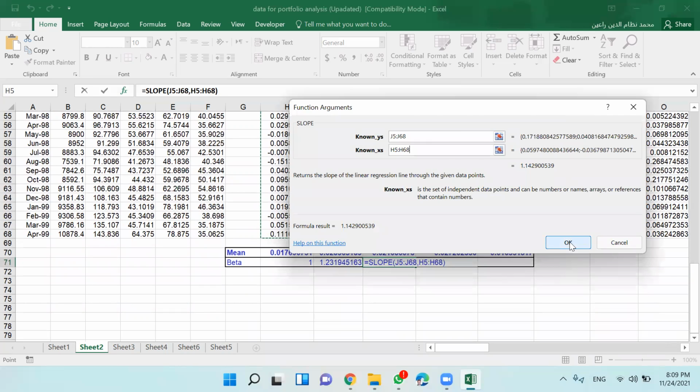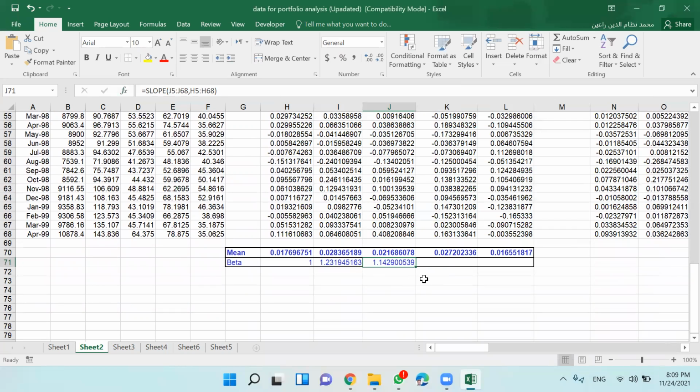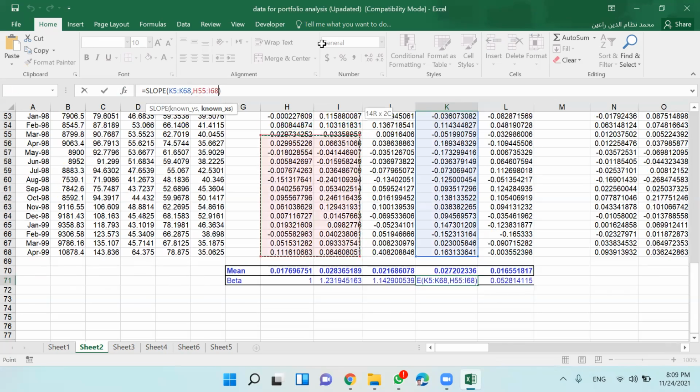You press it, and you have generated the slope for the other company, and then you copy to the right to generate the others. But you don't know whether your variables were picked correctly or not. You have to check them. Here it chose wrongly, so what you need to do is just correct that.